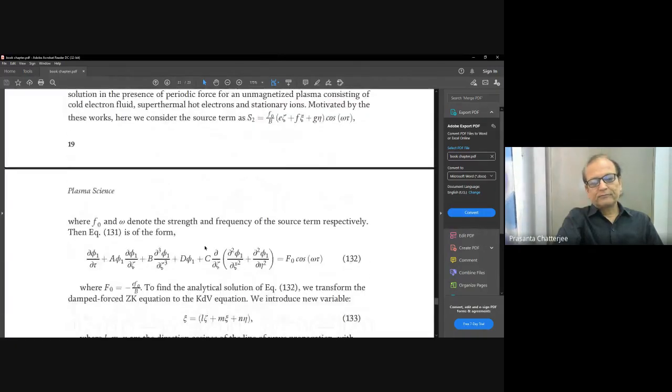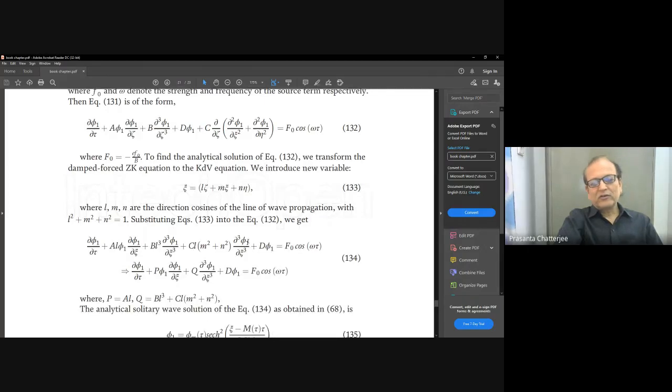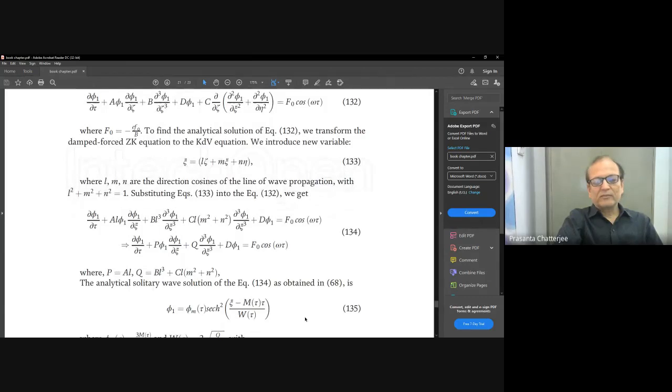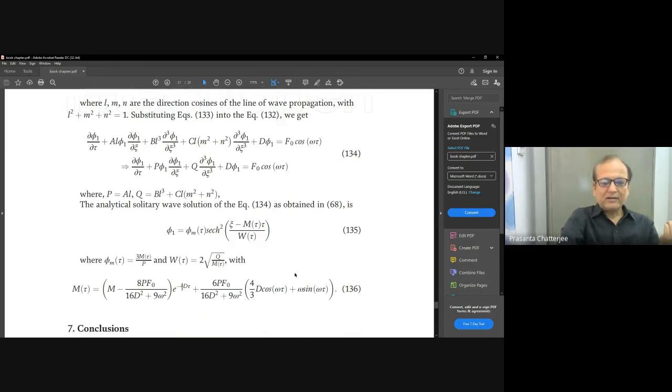So this 132 is the damped forced ZK equation, and the approximate analytical solution of equation 132 can be obtained. To do so, we have taken chi equal to this transformation: l zeta plus m chi plus n eta minus u0 t. It was missing here, I'll tell you later. Here l, m, and n are direction cosines of the wave propagation in directions x, y, z. So accordingly, equation 132 is converted to 134, and let's assume the solution of the form 135. And if we proceed the previous way, considering the conservation of phi 1 square, then